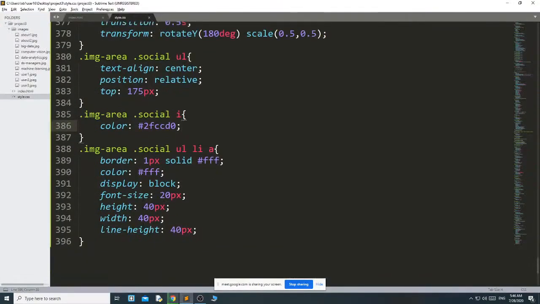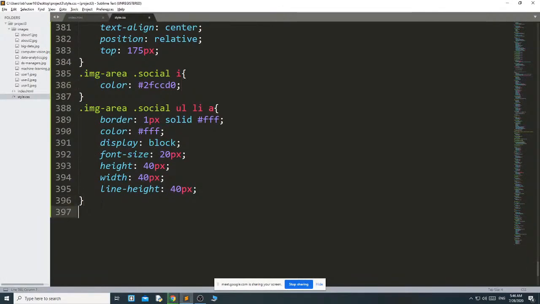Now the only thing is, when I hover on the mouse, the color will get changed. Then .image-area .social ul li a:hover.